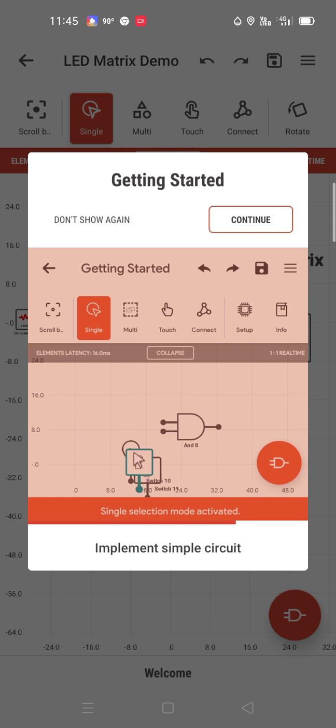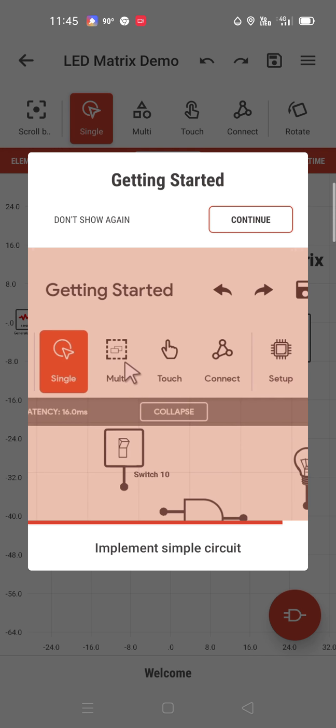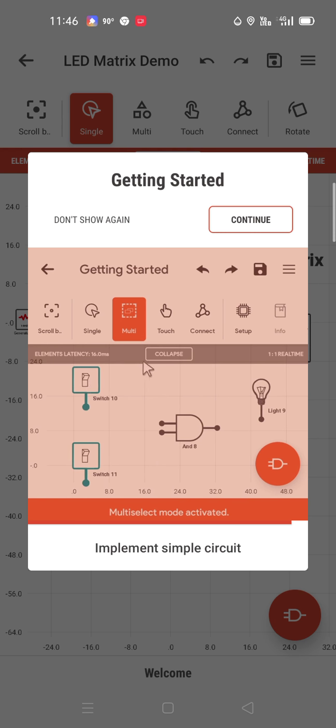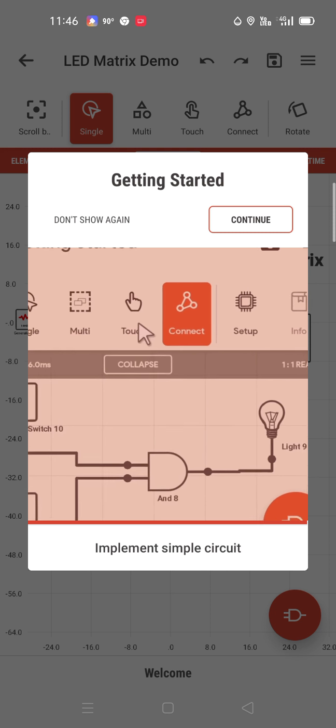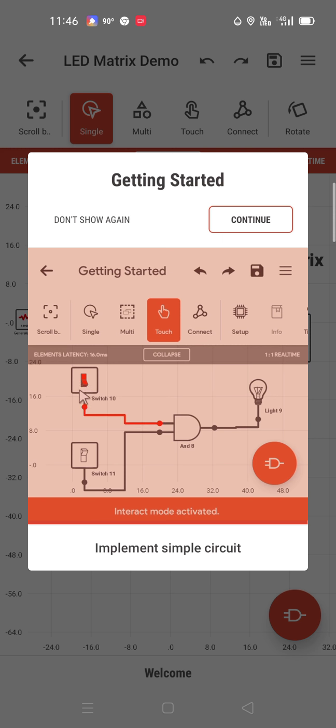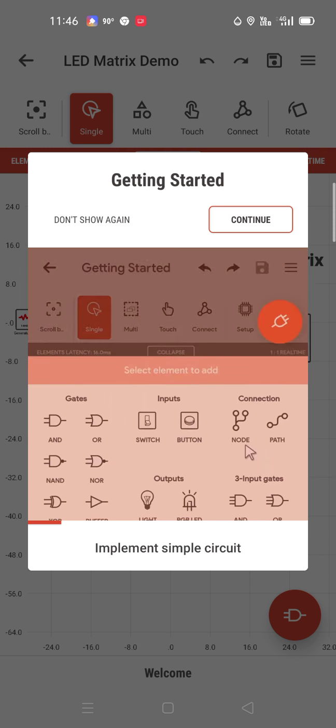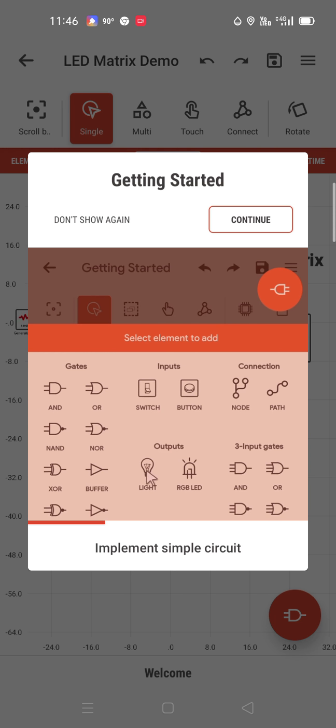Now we are doing the same thing with another demo. Now, how to do multi-connect. If you want to connect more than one thing, then you can do all of that. So now you are switching on. This is a simple demo of how the circuit works. This is a getting started kind of thing.